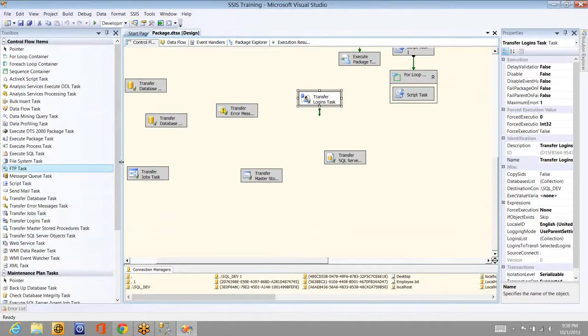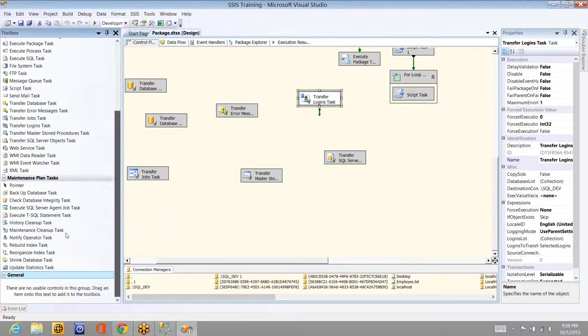And if you see, there are a couple of extra tasks available here, maintenance tasks like backup. So this is mainly the DBA task. Now they have added tasks for all this stuff also, like taking the database backup, or syncing the database, or rebuilding indexes, which will improve the performance of the tables, or update statistics task, or maintenance cleanup, or history cleanup.